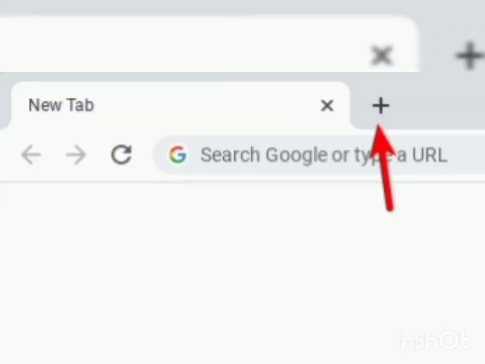New tab is the new web page opened in the same browser window. In order to open any new tab, we have to click on the plus symbol of any already opened web page in the browser window. The browser shows different recent views of different web pages. Any of the web pages can easily be picked up from the group of web pages shown.